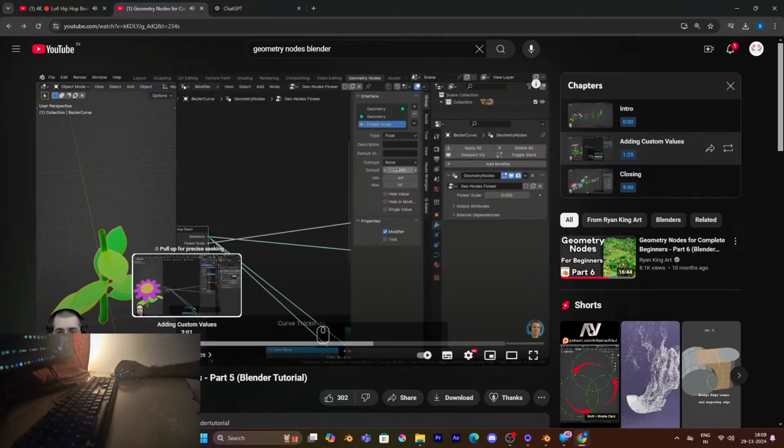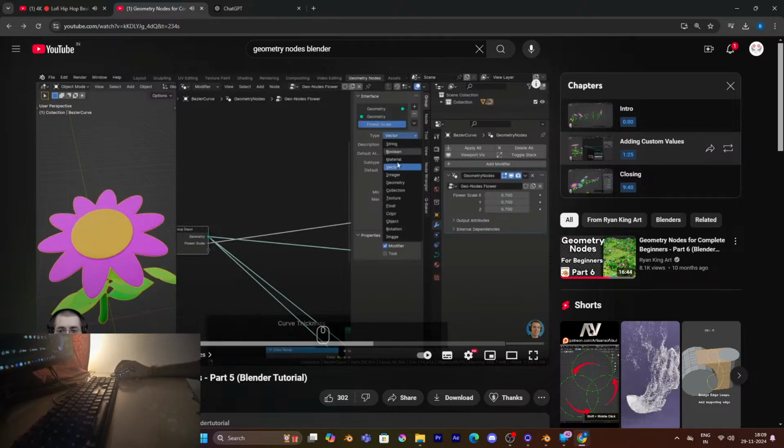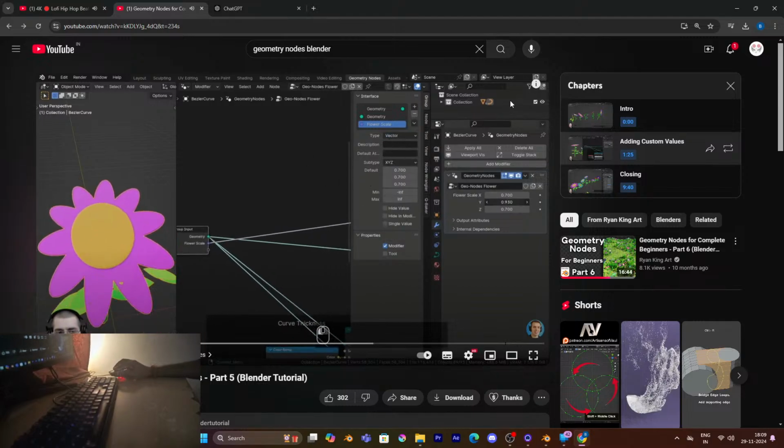Now this default value here, we want to change it to vector, which is going to be the X, Y, and Z flower scale. Now there's a problem with this, and that is that there are X, Y, and Z values, and I